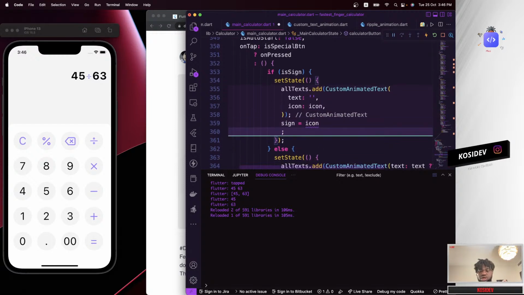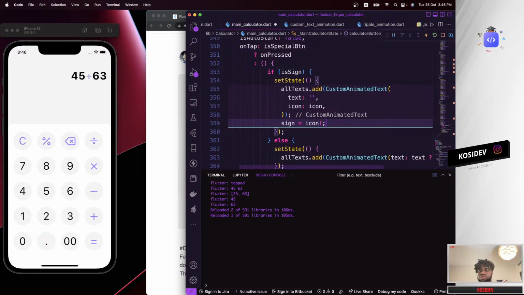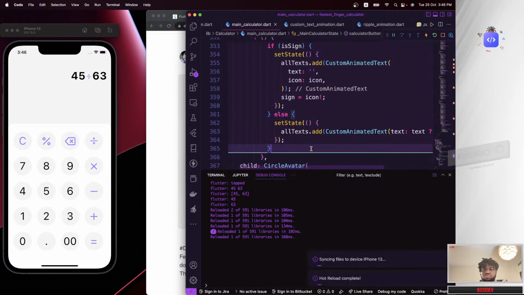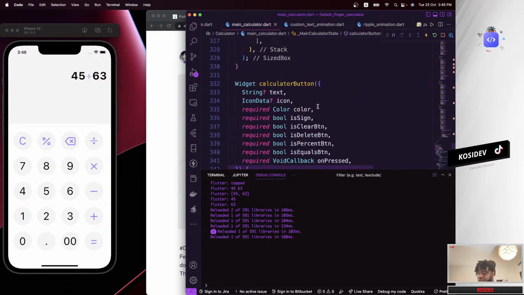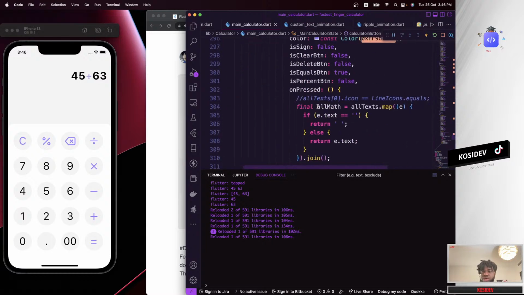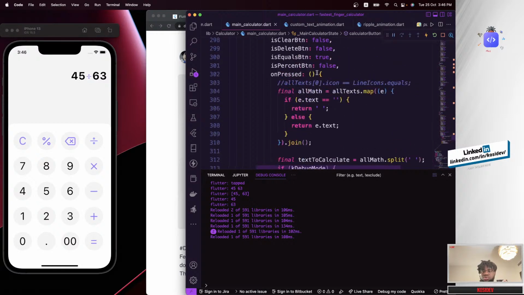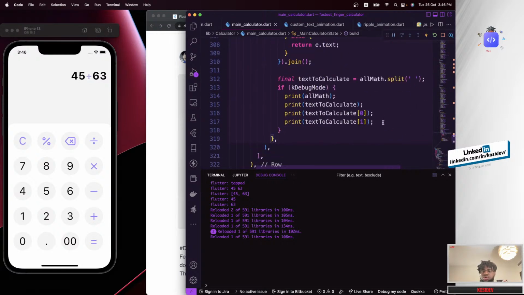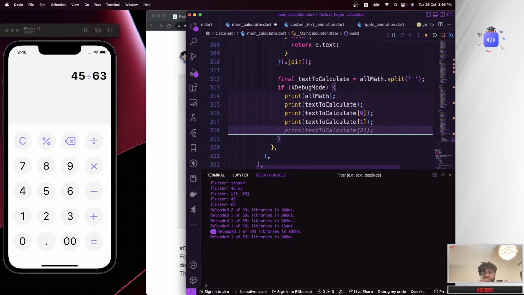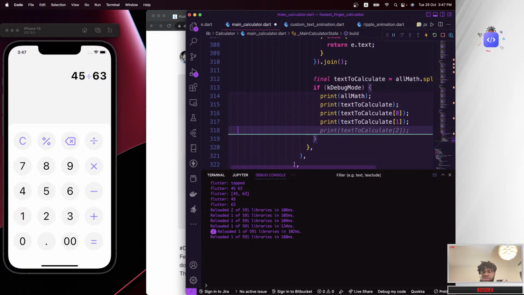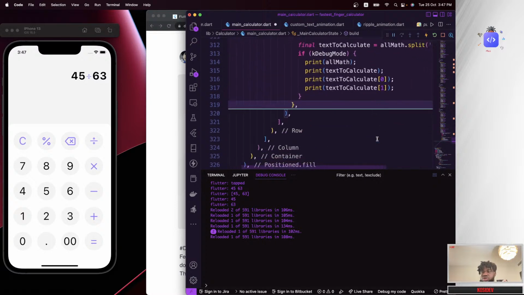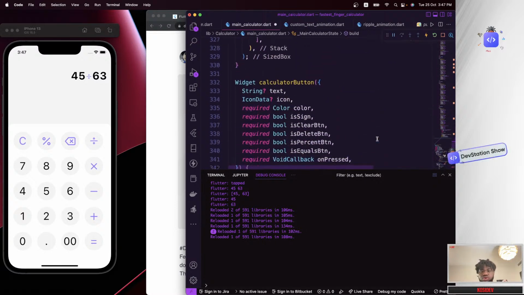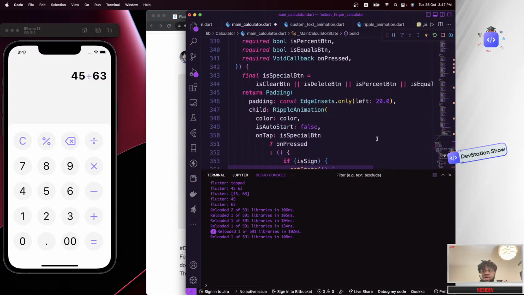I'm going to force unwrap that. So I'm going to save this. And the reason why we are doing that is because once we get to this part where we are going to do equal to, which is kind of like calculating the whole stuff, we want to actually be able to print the sign that was given to us, or create a calculation function that will actually help us to calculate those stuff. So over here below here, I'm going to create a function